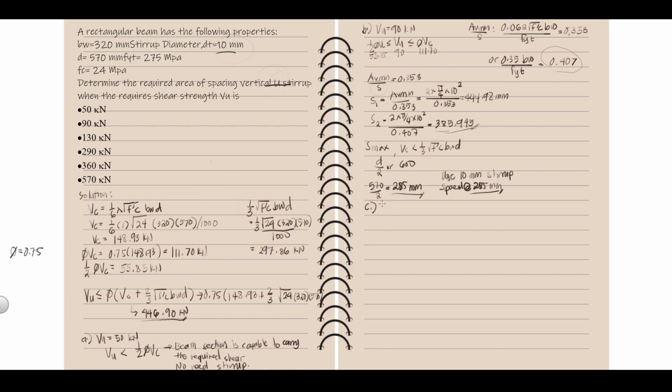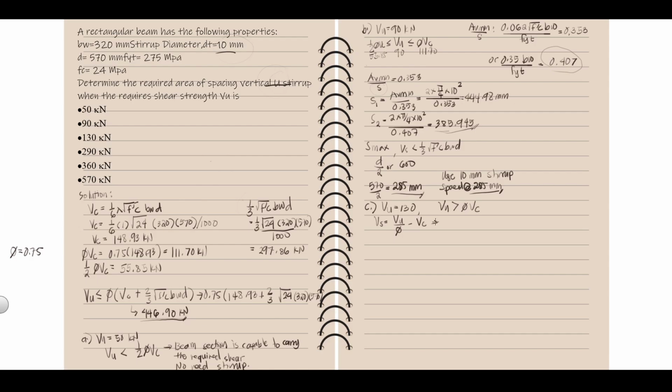So, sin na tayo. Our VU here is 130. Our VU, of course, is greater than our phi VC. Okay? So, therefore, magkakaroon tayo ng VS dito. So, to get the shear sa ating stirrup, VS is equal to